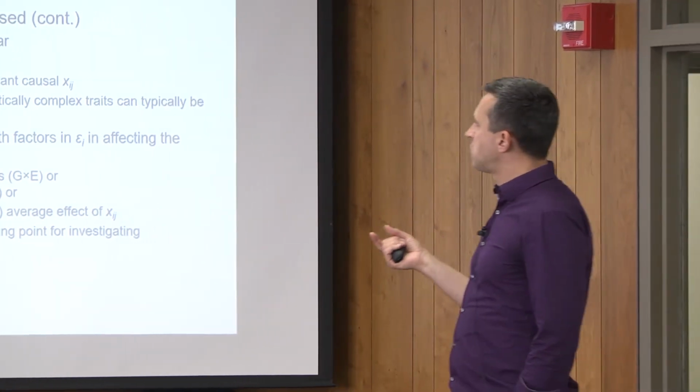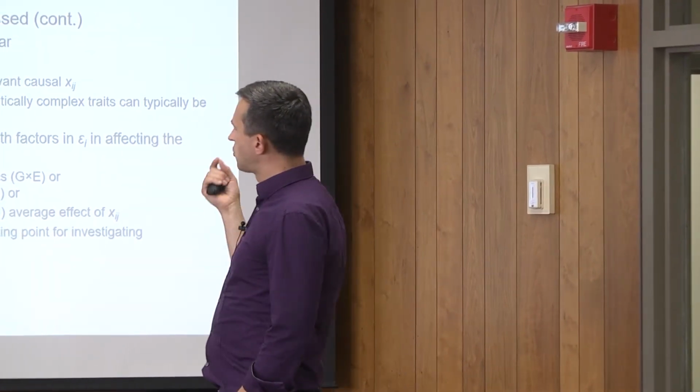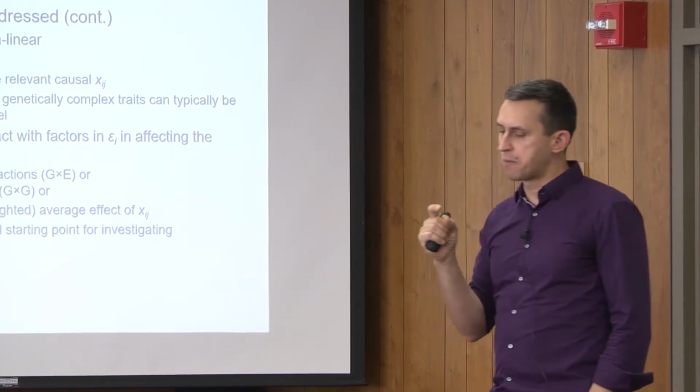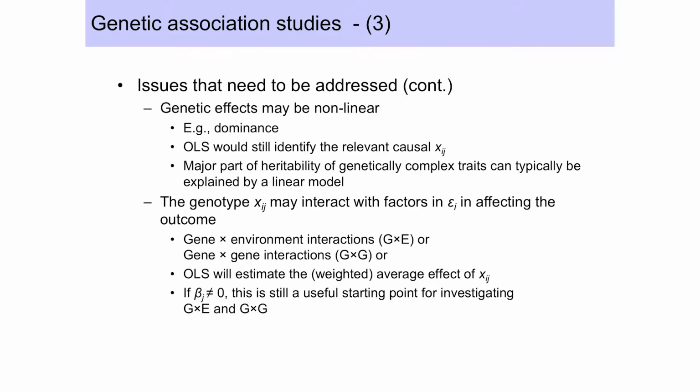A couple of other things. When you run OLS, one of the assumptions you're making is that every genetic marker just has a simple linear effect on the outcome. That may actually not be true. The effect may be nonlinear. For example, there may be a dominance effect. In that case, OLS would still identify the causal genetic markers, but